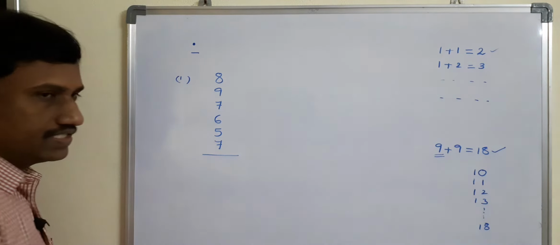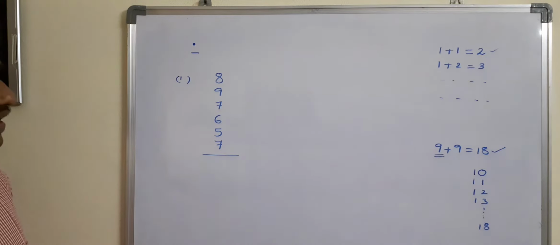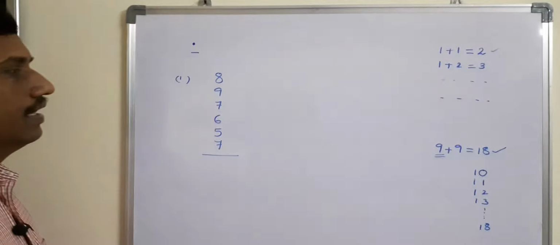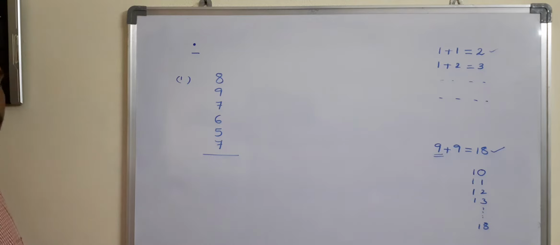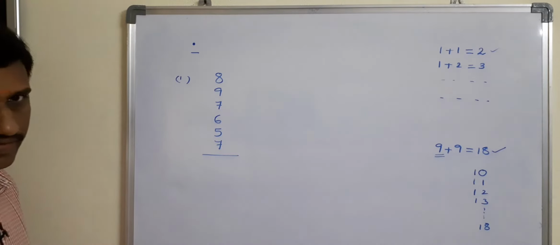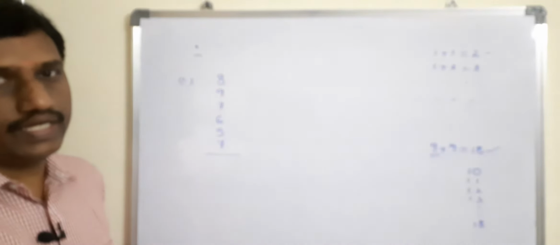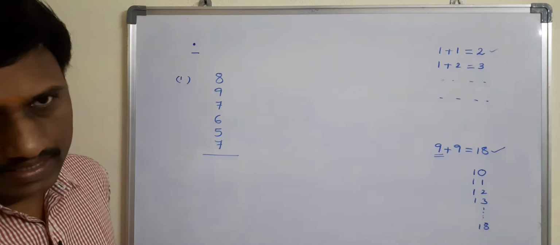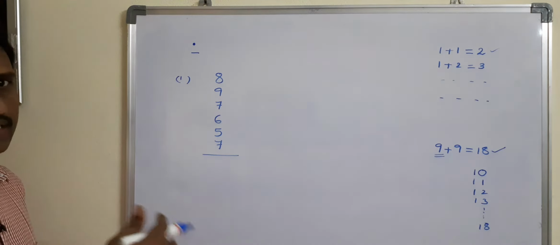For example, generally how do we do addition? 8 in the mind, 9 on the fingers. After 8: 9, 10, 11, 12, 13, 14, 15, 16, 17. 17 in the mind, 7 on the fingers. After 17: 18, 19, 20, 21, 22, 23, 24, like that. 24 in the mind, 6 on the fingers, means 25, 26, 27, 28, 29, 30. 30 plus 5, 35. 35 in the mind, 7 on the fingers: 36, 37, 38, 39, 40, 41, 42. That is the general method.